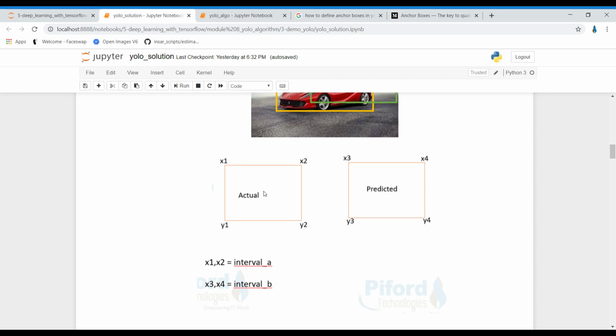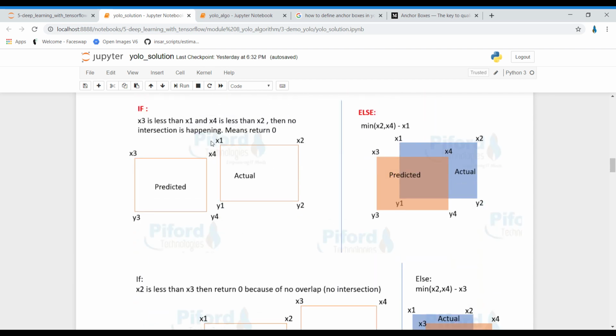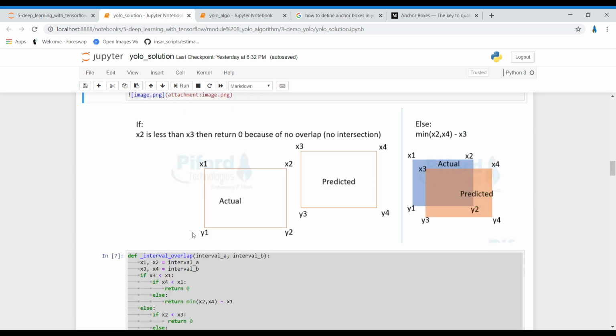There will be no overlapping. The predicted box will be somewhere over here. If x3 and x4 are smaller than x1 and x2, there will be no overlapping between the actual box and the predicted box. That means there is no intersection, so it will return 0.